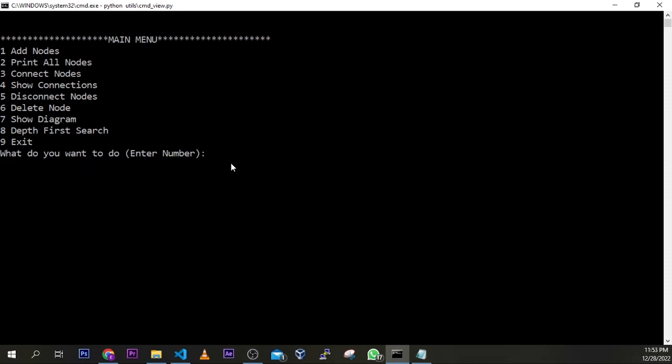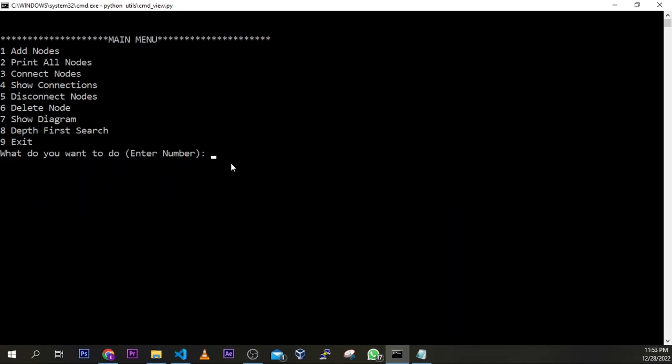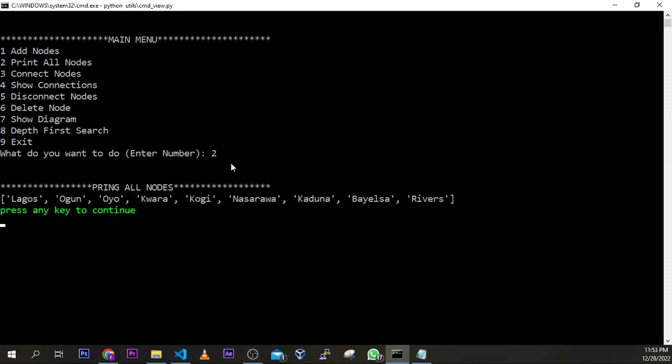Now in the main menu, the second item is print all nodes. So if you press 2, it's going to show you all the nodes that we just entered. We have Lagos, all those nodes are printed out for you. On pressing any key, it returns you back to the main menu. Now if we want to connect nodes, we created all those nodes. If you look at 2, Lagos, Ogun, Oyo, Kwara, and all that. So if you want to connect nodes, you can use the third